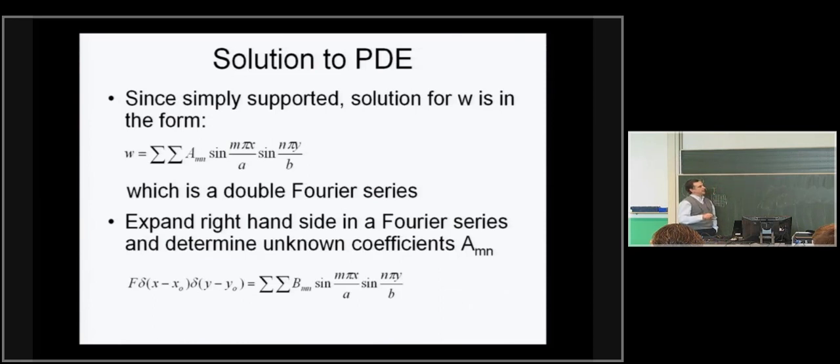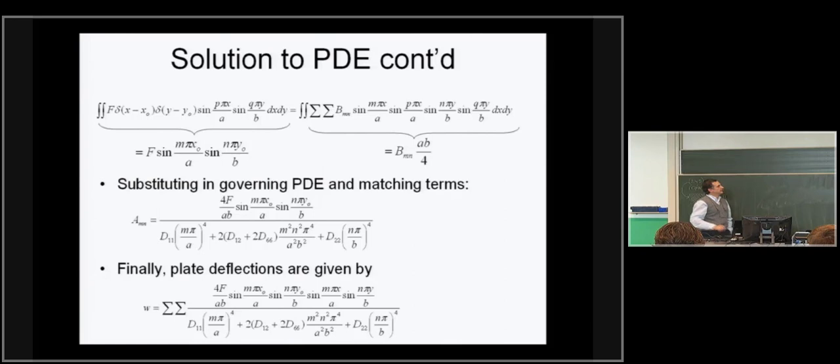The Fourier series will have this form, and the B_mn are unknown coefficients. We use the sines on purpose because we have sines in the W expression, so that when we substitute in the governing equation, we'll be able to match terms of the same coefficients, sine times sine. To determine the B_mn, we go back to Fourier series theory, which says take your infinite series, which is shown here,